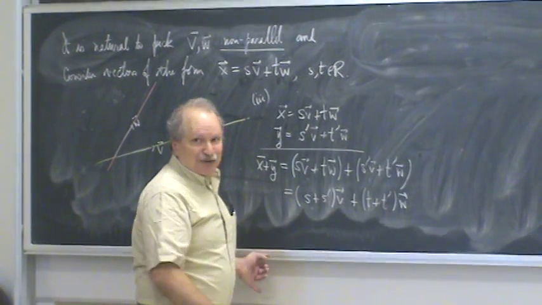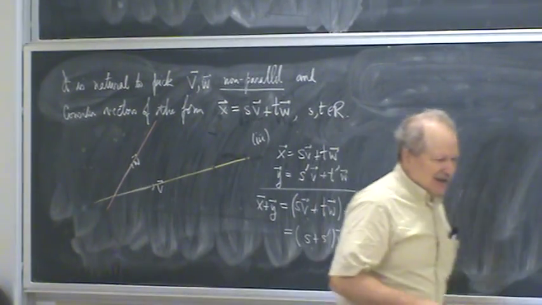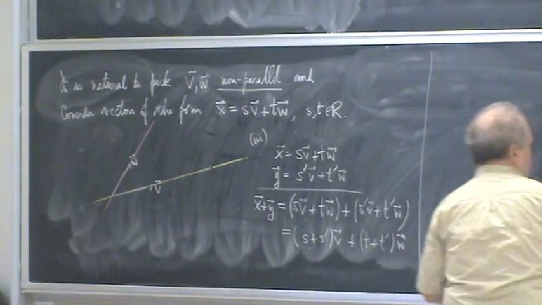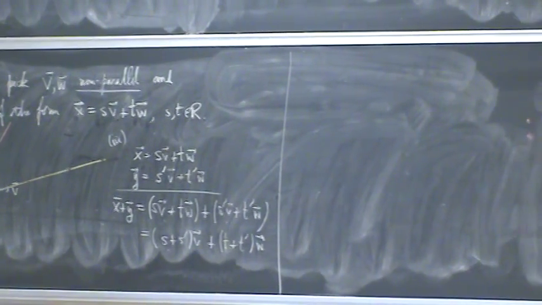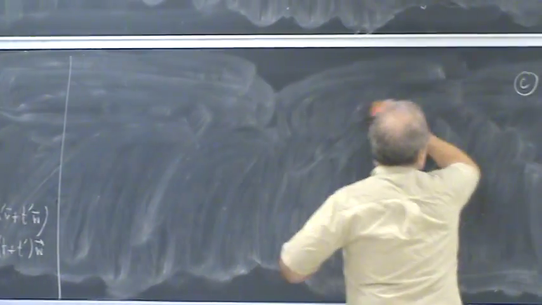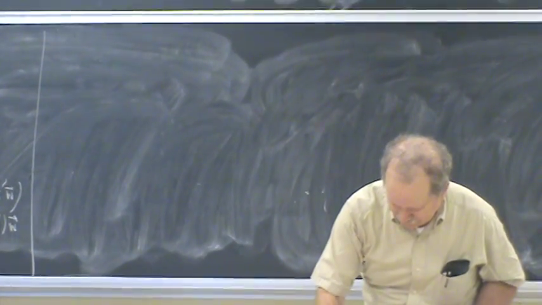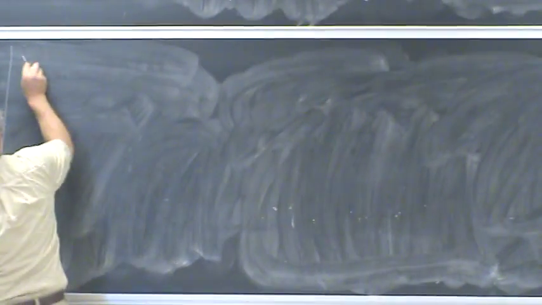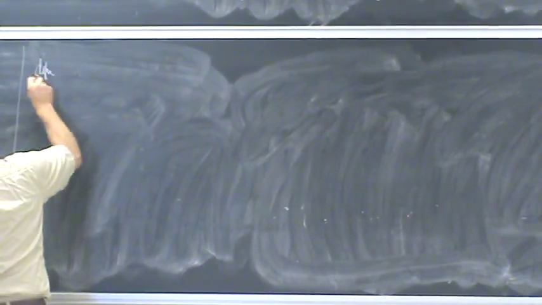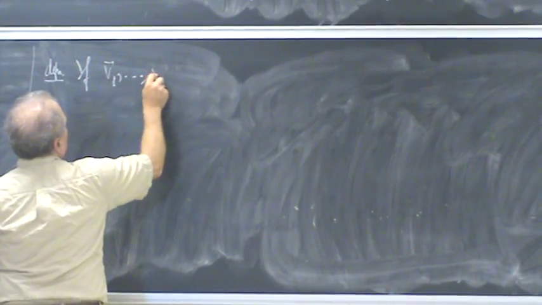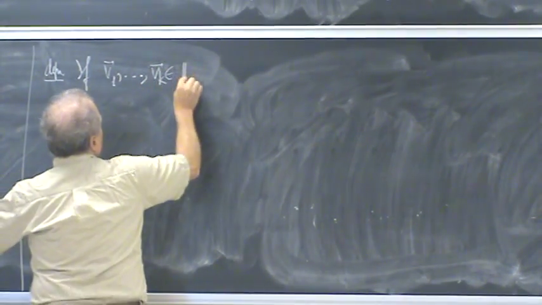Okay, I'm going to actually write out the argument now in a more general case. So for the end, since this is a new week, let me give you a vocabulary word, and then actually 2 vocabulary words. So I'm going to give you a definition here. If V1 to Vk are vectors in Rn,